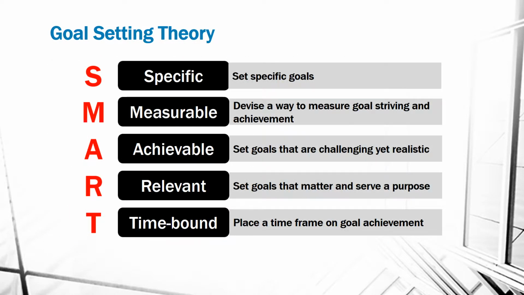So what exactly are the best recommended types of goals? When it comes to goal setting, it's important to make sure that they are SMART goals. This acronym might simply help you remember the 5 key components that are effective for goal setting theory. To be exact, here we say that they should be specific. In other words, set specific goals, not vague ones that are unclear. They should be measurable so that we can figure out whether we've actually achieved them or not. They should be attainable or achievable.